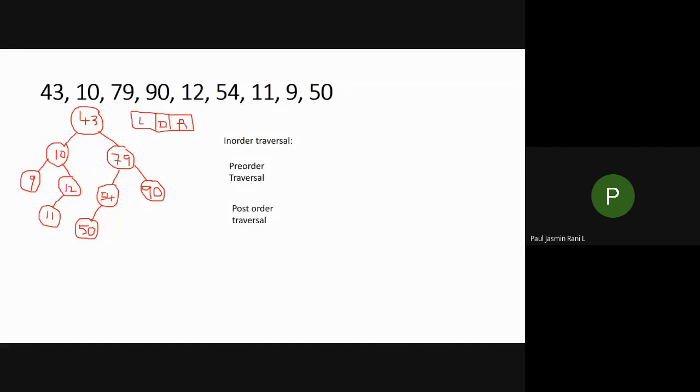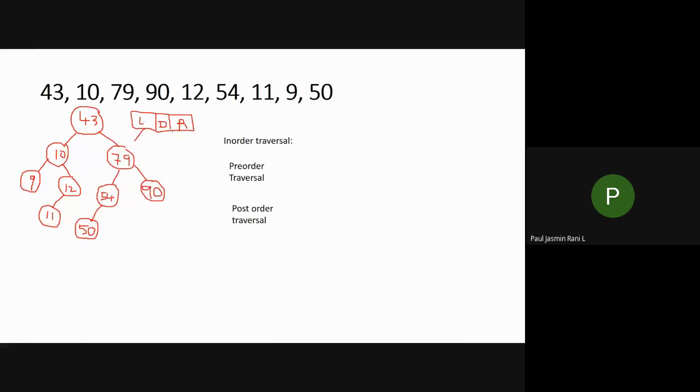When you are in your current node, you will compare your value with your current node. If you want to travel along a left subtree or right subtree, you will compare using your data. But when you want to go to your left subtree, only with the help of your left node address can you go to your left subtree, isn't it?